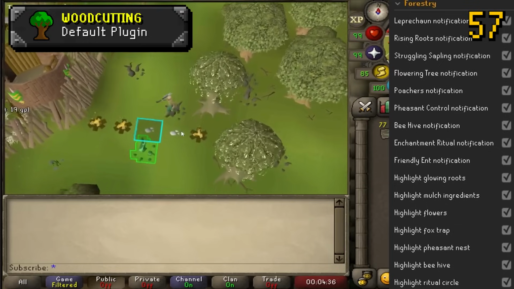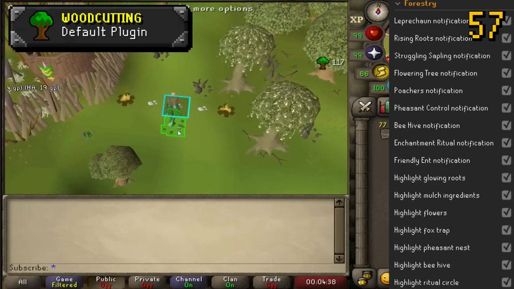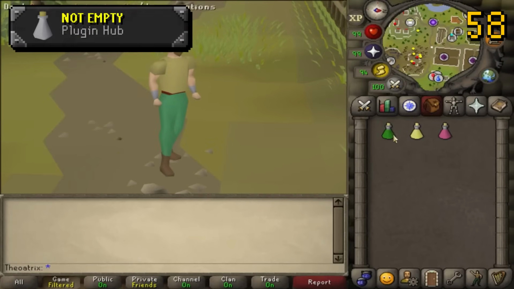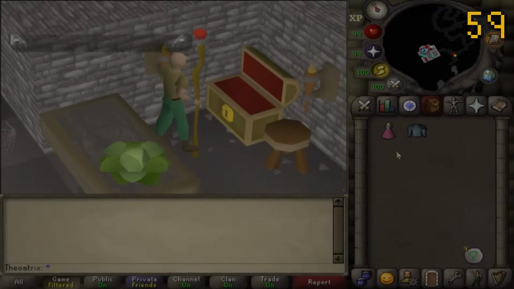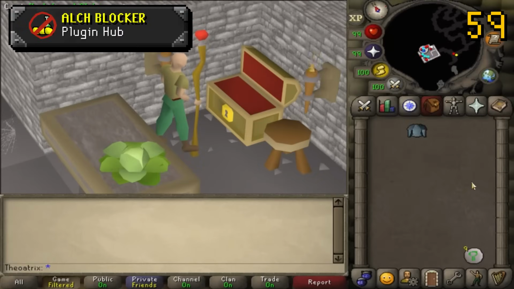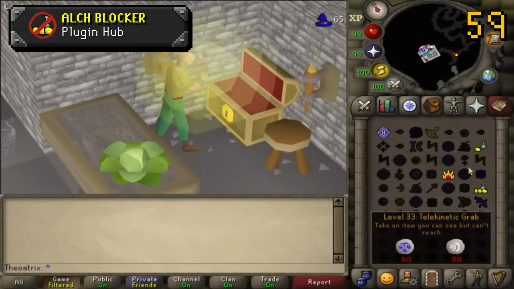When you're doing forestry, you should go through the default woodcutting RuneLite plugin to ensure you have all of the helpers active. They've added helpers for every forestry event. There's a plugin called Not Empty on the plugin hub, and this removes the empty option from all potions. There's another plugin called Alch Blocker, which hides certain items that you set, which can stop you from alching potions